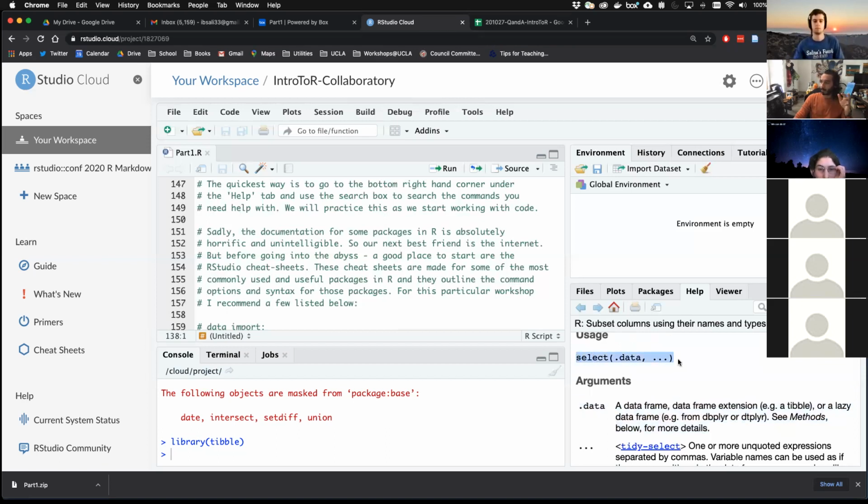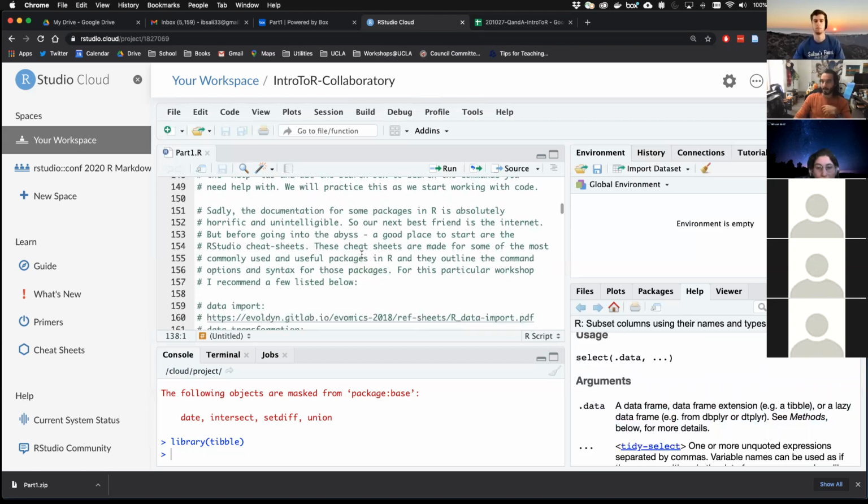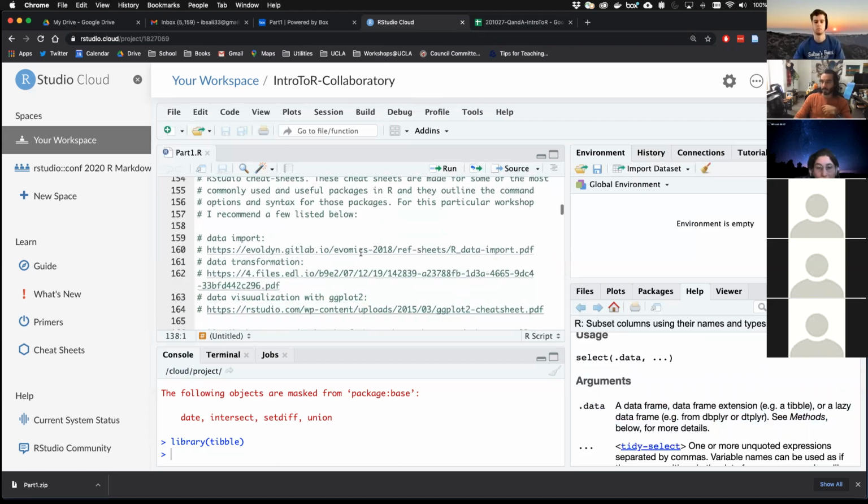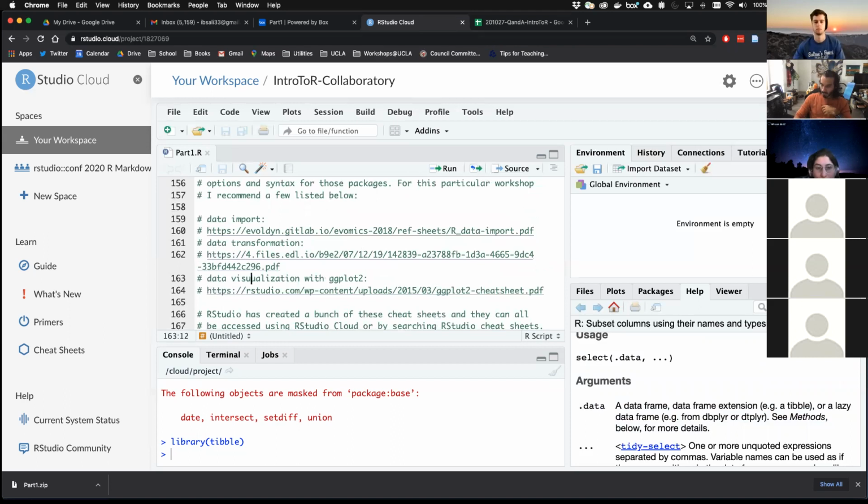For commands that you look up using the help package, if it's not helpful or useful, I generally tend to Google search the command that I'm using and what I'm trying to do. And there's almost always, for a lot of basic R questions, a forum online somewhere that shows how to use it. As I had mentioned,